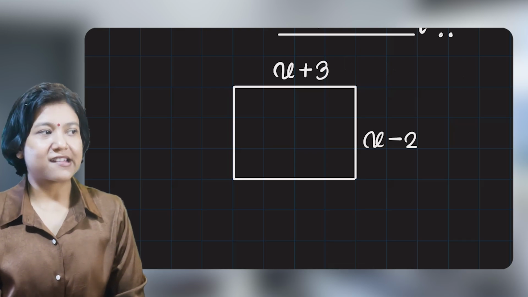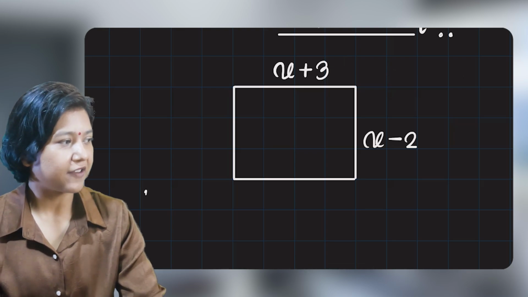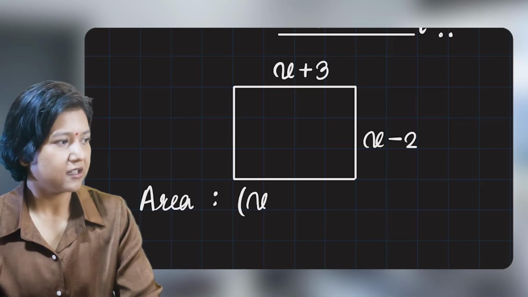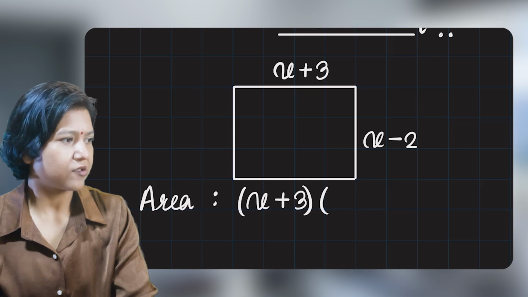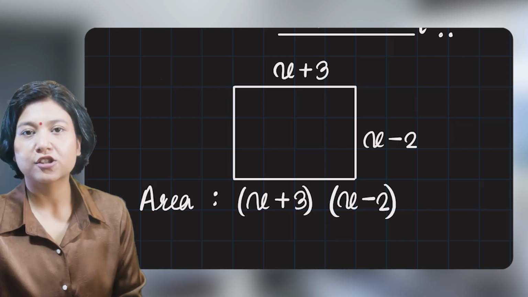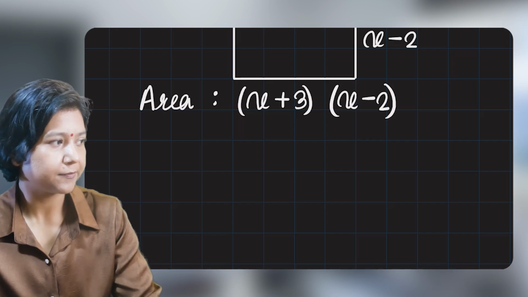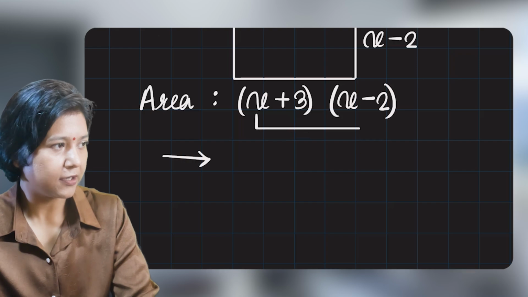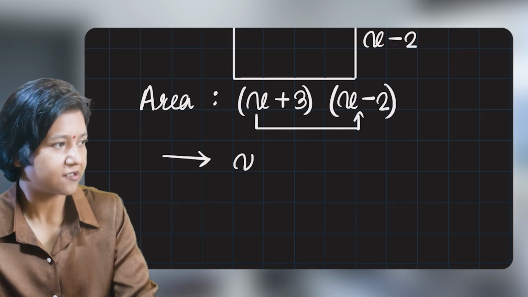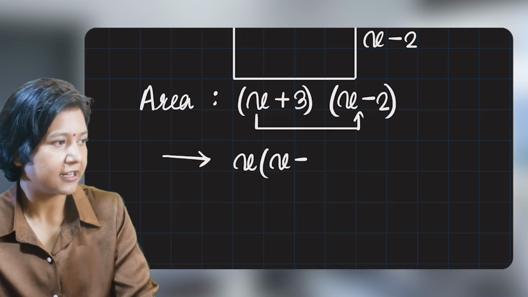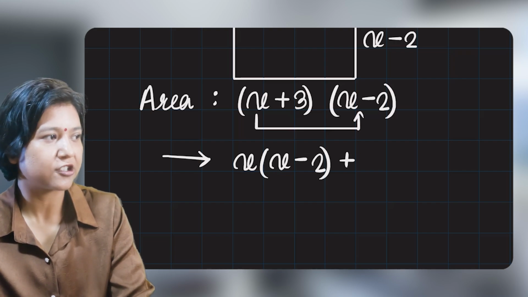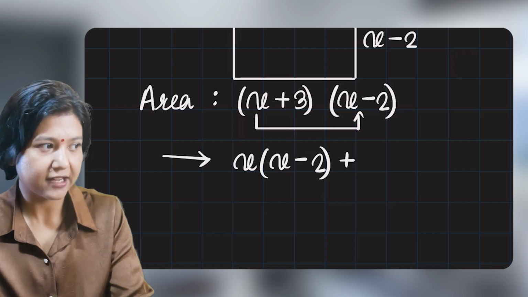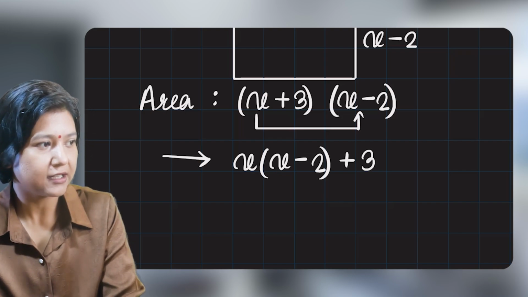So if I know the length is x plus 3 and the breadth is x minus 2, to find the area, I would multiply them together. x plus 3 times x minus 2. So how do you multiply two linear brackets? I'm sure you know the technique. It's just the distributive property. So this x will multiply both terms in x minus 2. That is the simplest way you simplify an algebraic expression where two linear terms are being multiplied. Once I've done multiplying with x, I'll multiply with the other term, plus 3.